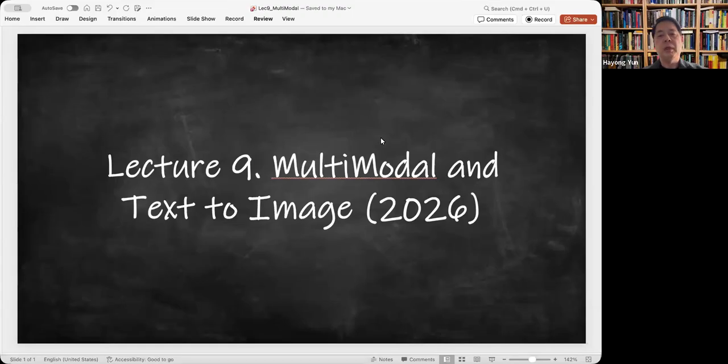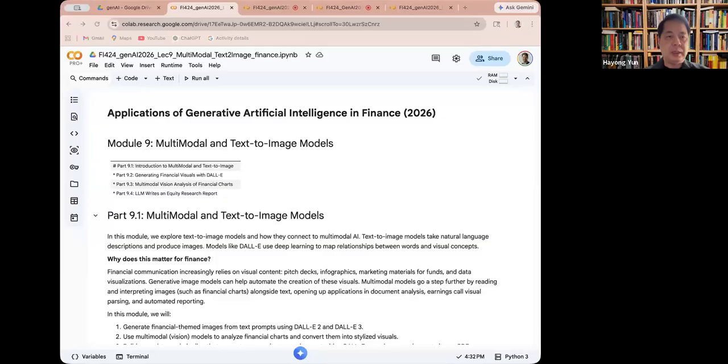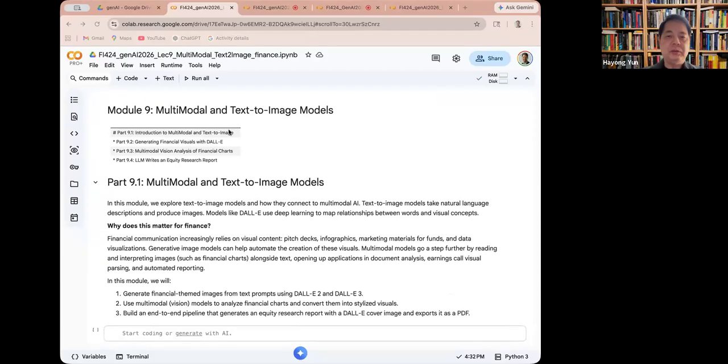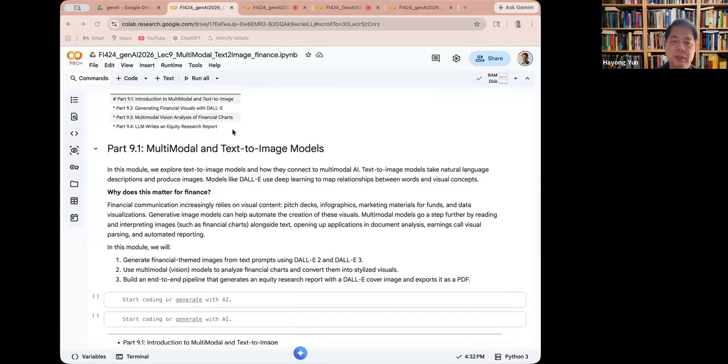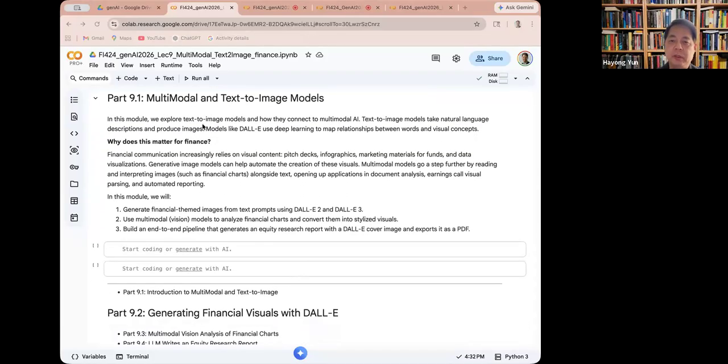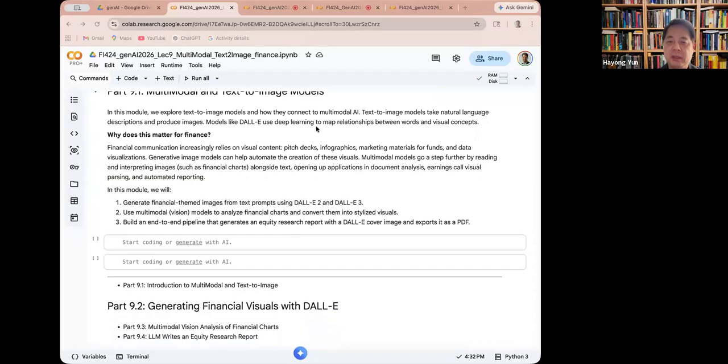Hello everyone. In this episode, we'll see how to use multimodal model and text to image. So the multimodal and text to image models. Here we'll explore the text to image models and how they connect to multimodal AI and how we use